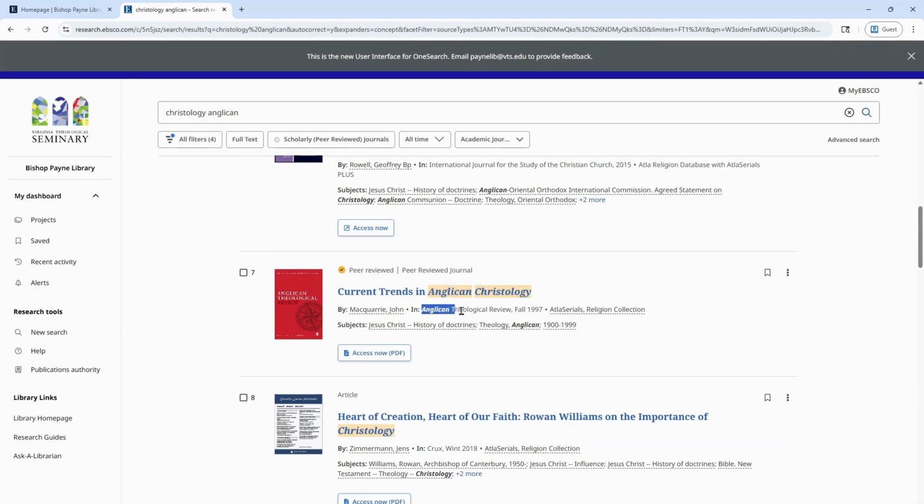And I'm also seeing, this is from the Anglican Theological Review, which is one of the flagship journals of Anglican theology. So it's probably pretty high quality. It's peer reviewed. That might be a good place to start. So I could click on this, go straight to the Access PDF,